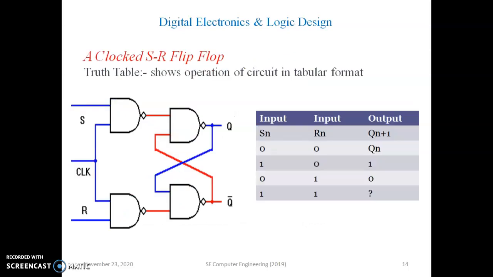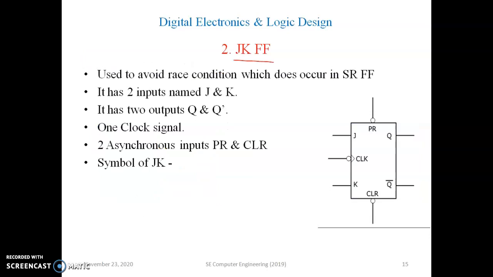So this is an example of a clocked SR flip-flop. Cross-coupled inverter logic is used again here. This is the symbol of a JK flip-flop. In the JK flip-flop there are again two inputs, J and K, and Q and Q bar are the outputs. Q is the present state and Q bar is the next state here, and preset and clear are the inputs here. Preset and clear are connected to logic 1. And here the clock is given. When a bubble is inserted over there, that indicates that it is negative edge clock triggered.